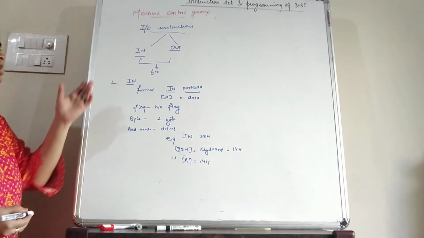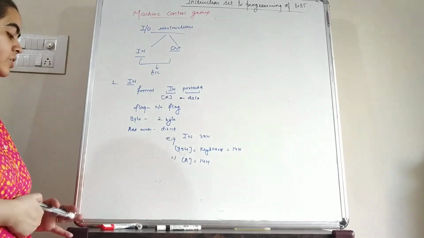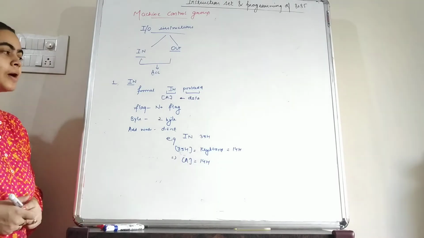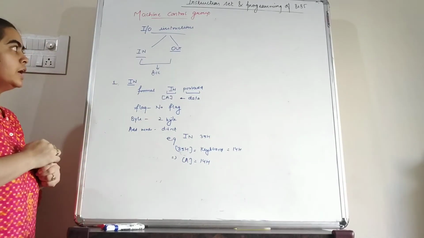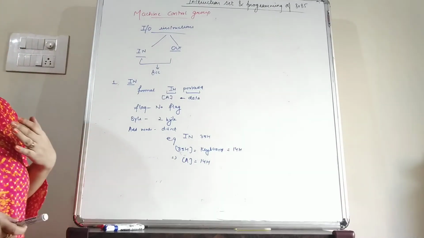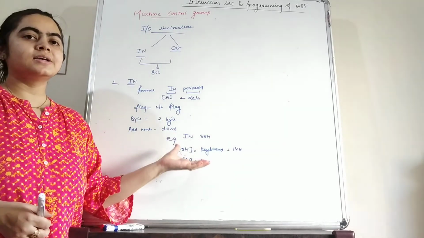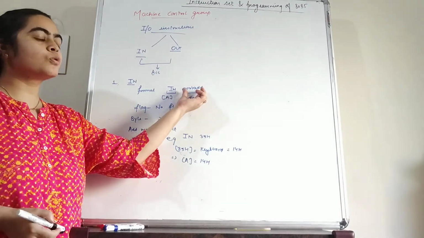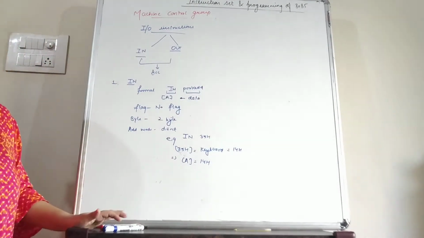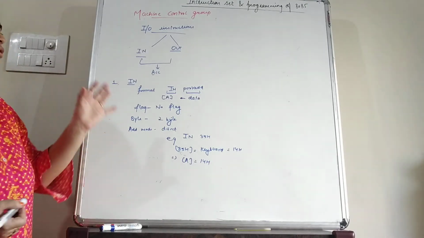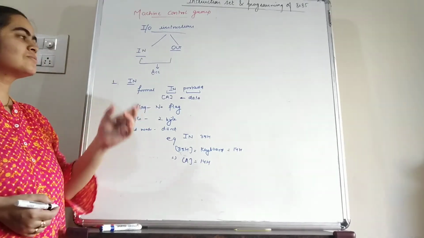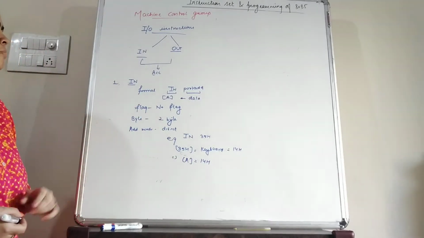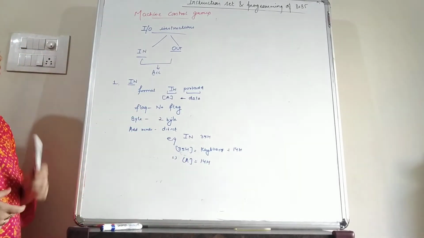These instructions IN and OUT we can use when we have to deal with the peripheral devices that are connected with the microprocessor. So in short, the IN instruction is used to get the value from the peripheral device that is connected with the microprocessor. The port address specifies the address of the peripheral device, and from that particular port the device will send the data to the accumulator. So this is the format, and this is the example of the IN instruction.